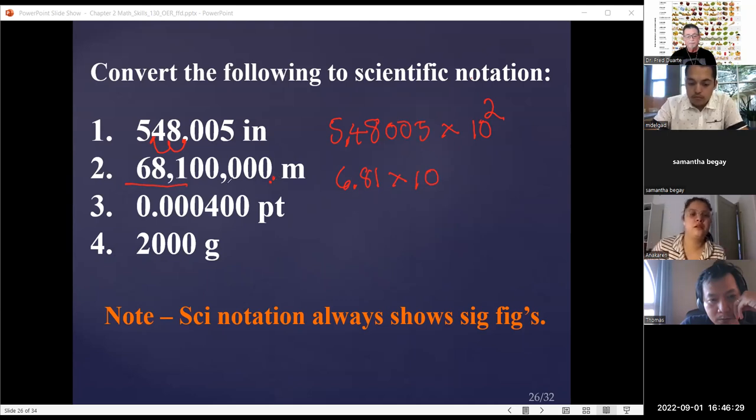And I got 3, 6, and 7. Okay. And of course, my units there. Okay, so 6.81 times 10 to the 7th meters. That is that number 2, written in scientific notation. All right, the next one,